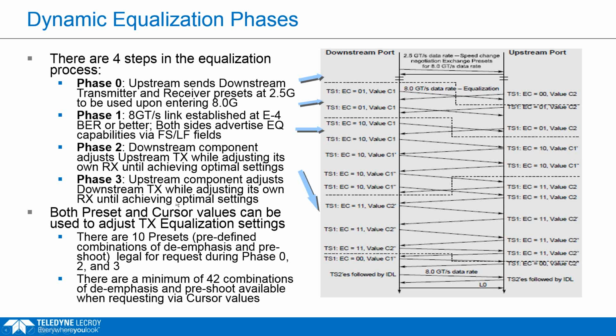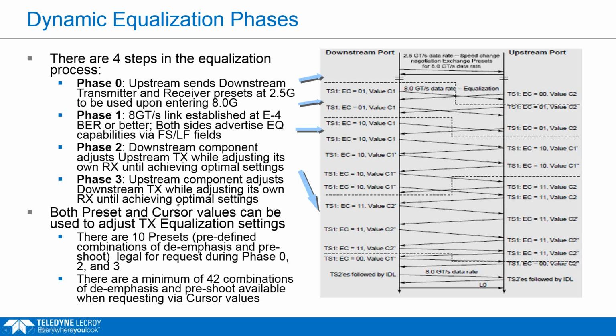So in phase 2, the add-in card is going to be requesting different TXEQ settings from the system, and it's going to be tuning its own RXEQ. I'm going to go through an example of how that works, and we're going to look at some stuff in the protocol and also at the electrical level. This is a really interesting process to analyze, measure and debug, because you have communication happening in the protocol, but it relates to stuff that should also be happening in the electrical. Those two levels are very interrelated in this process, so we'll take a look at both views.